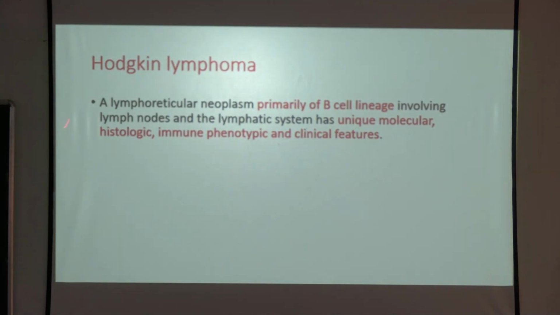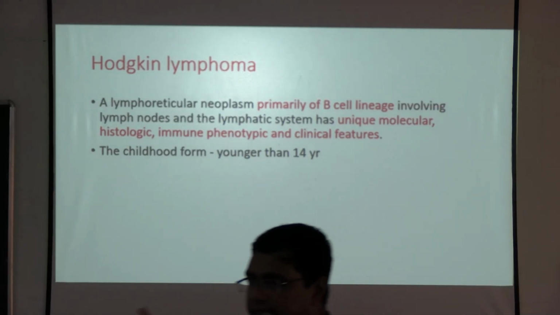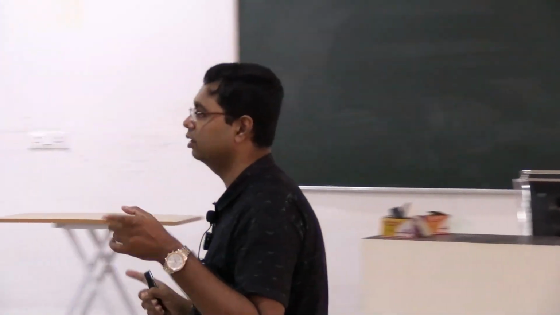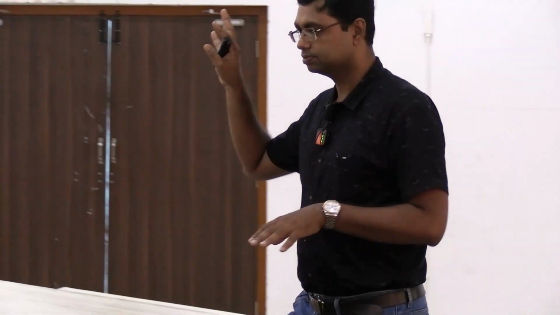So it is a lymphoreticular neoplasm of primary B cell lineage involving lymph node, lymphoreticular system, and it has a unique molecular, histologic and immunophenotyping characters, যেটা আমরা অন্য ডিজিজে অন্য লিম্ফোমাতে দেখতে পাই না, তার জন্যই এটাকে একটা আলাদা গ্রুপে রাখা হয়েছে। তো হজকিন্স লিম্ফোমার জেনারেলি ওভারঅল দুটো পিক দেখা যায়, যেটা তোরা কমিউনিটি মেডিসিন হয়তো পড়েছিস, দুটো পিক, একটা চাইল্ডহুড এজ গ্রুপে আর একটা ওল্ড এজ গ্রুপে।